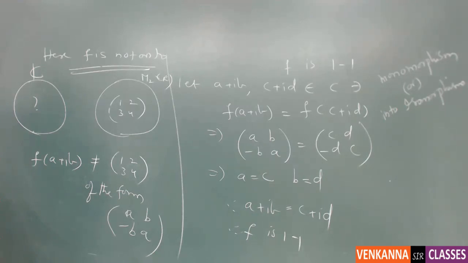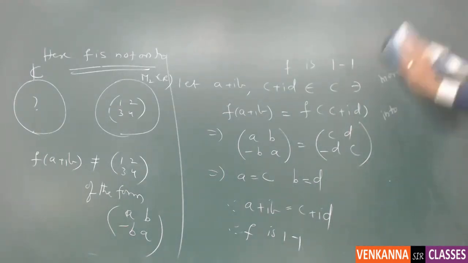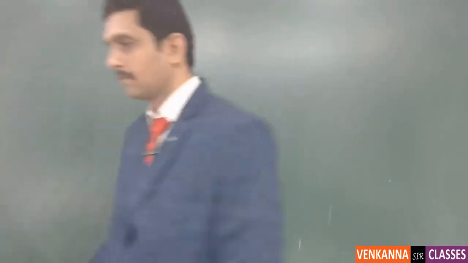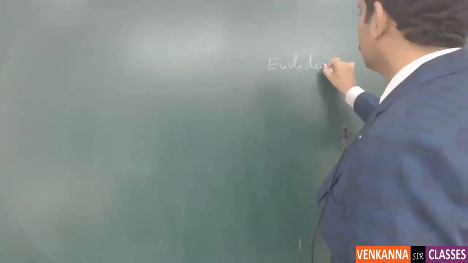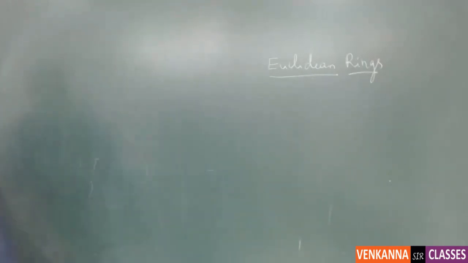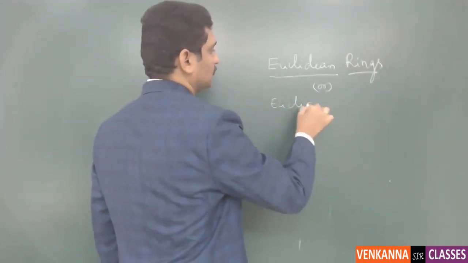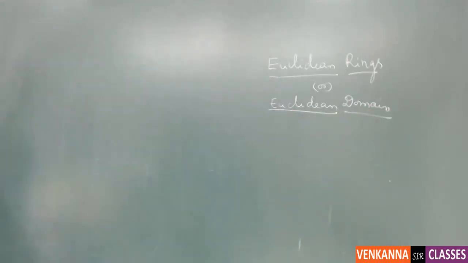So here I want to give a new definition, in fact a new concept in the rings. Let us start for that. So this thing we call it as Euclidean rings. So also we call them as Euclidean domain. So the definition says that